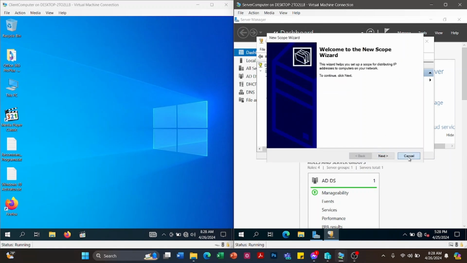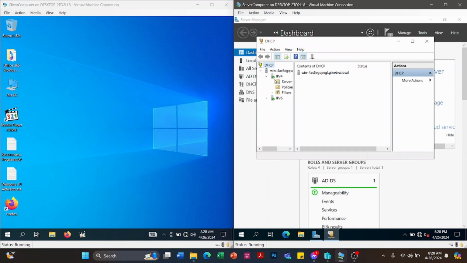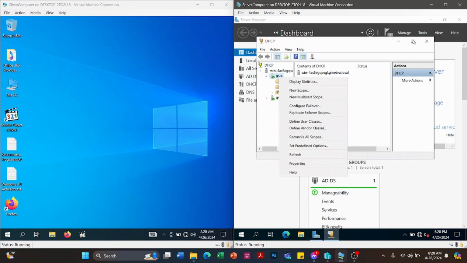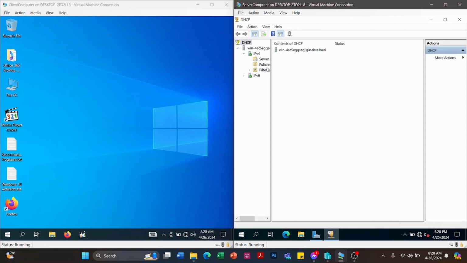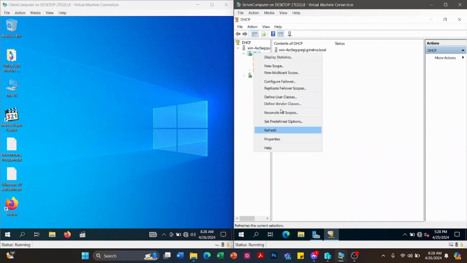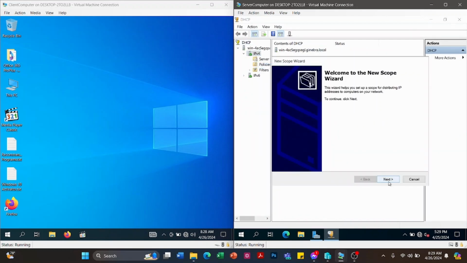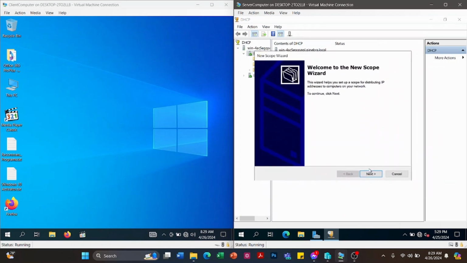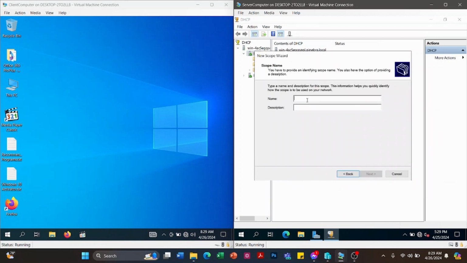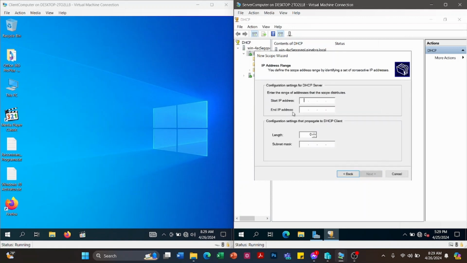Okay, so just expand this one, then right click the IPv4. Let's just maximize it. So right click the IPv4, then new scope. A wizard will appear. Just click next. Then we're going to name our scope logistics scope. Then click next. In here, it requires you to enter a start IP address and the end